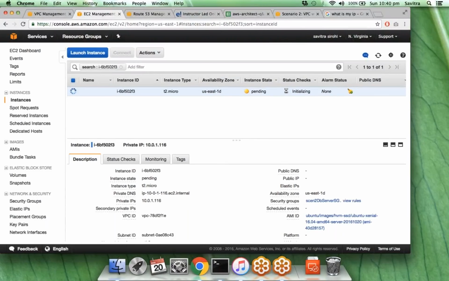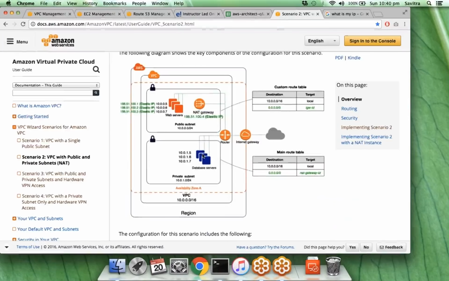All right. Now the question is, how will you connect to it, right? Let's say you want to do some action on this. You want to maybe install a database, import some data, right? How will you connect to this? So the only way to connect to this is to connect to the public subnet, right? Use SSH from the internet, connect to the public subnet on one of the web servers, and from there connect to the database. Right? That's the only way in which you can access the database server,